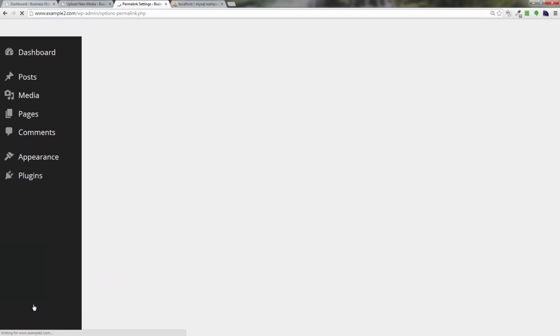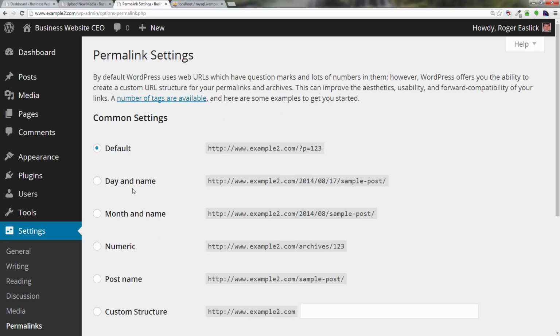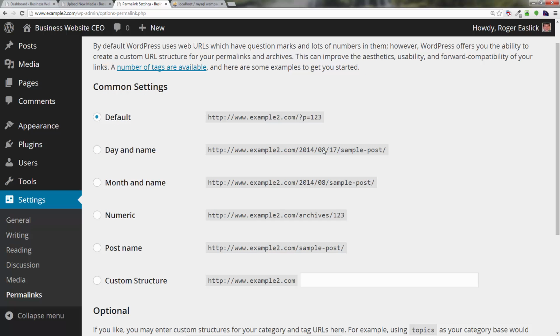Last thing we want to talk about are permalinks. Permalinks have to do with the URL of the blog post. By default, you'll see that you get your domain name, and then a slash, question mark, a p and equals, and a number, which is fine, but it's not very descriptive. And what I would recommend is you click on the radio button next to post name, which gives you your domain name